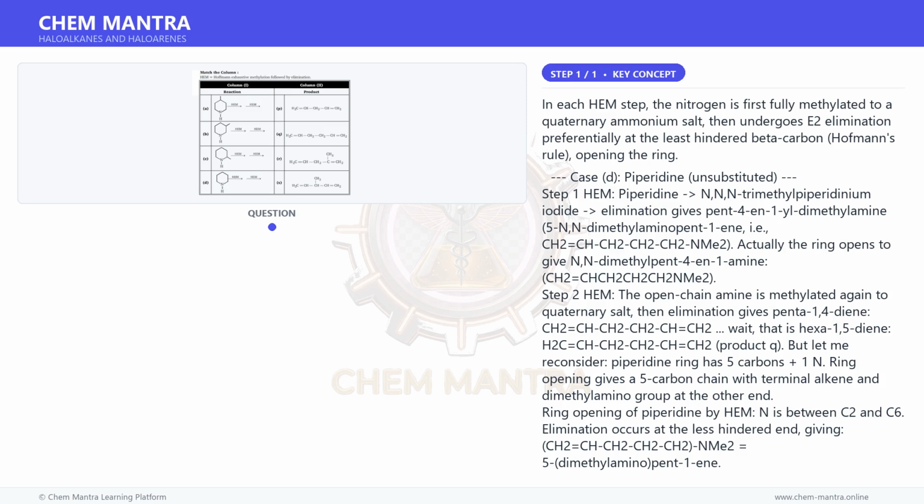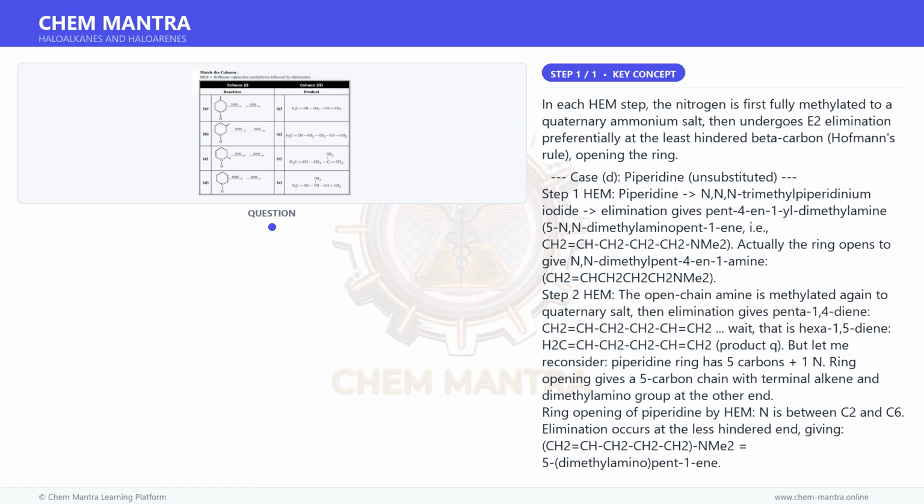In each Hofmann step, the nitrogen is first fully methylated to a quaternary ammonium salt, then undergoes E2 elimination preferentially at the least hindered beta carbon, Hofmann's rule, opening the ring. Case D, piperidine, unsubstituted. Step 1 Hofmann, piperidine,